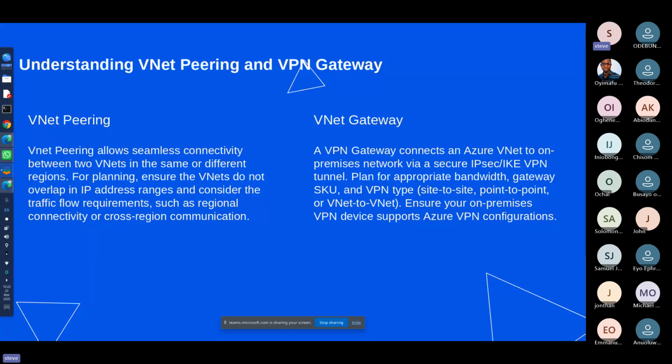So for planning, ensure the VNets do not overlap in the IP address range and consider the traffic flow requirements such as regional connectivity or cross-region communication. Now, when you want to peer a virtual network, we know that a virtual network is like an isolated internal network. For example, a virtual network can be